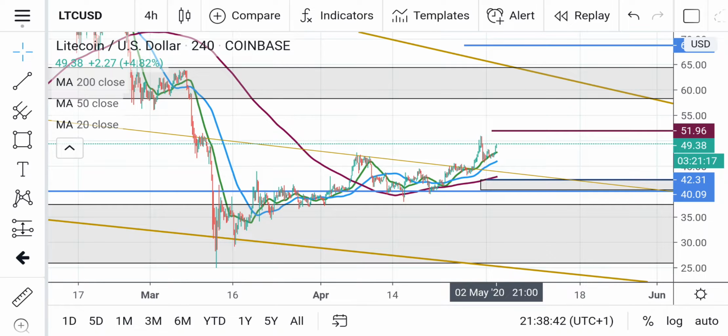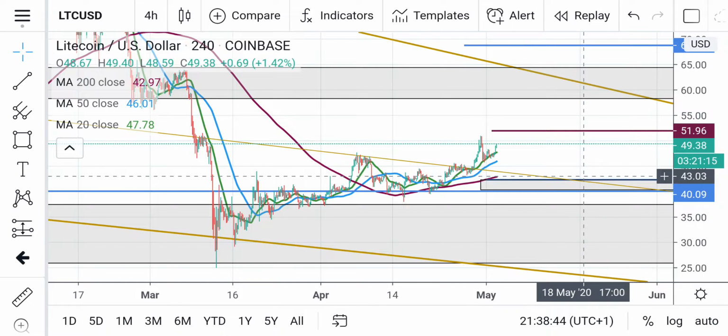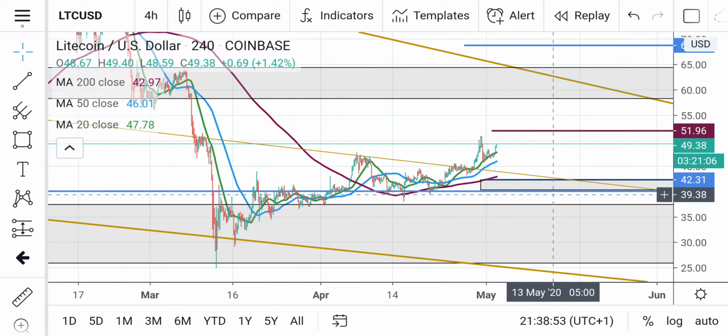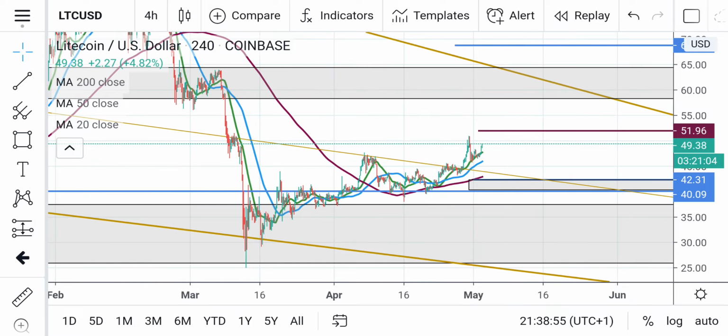In this case, the 200 period moving average is now acting on the 4 hour time frame. The 200 period moving average, the trend line and the support zone are now acting as your area of support, where